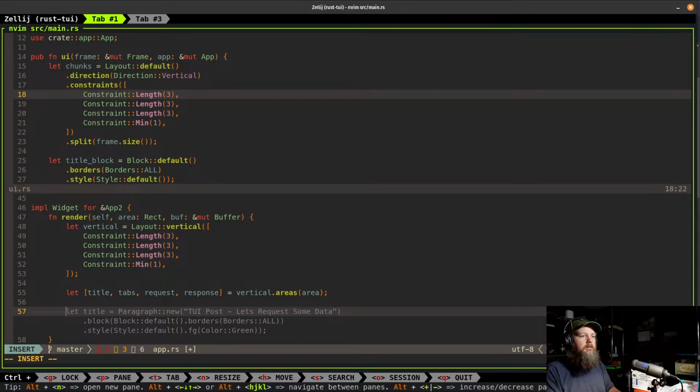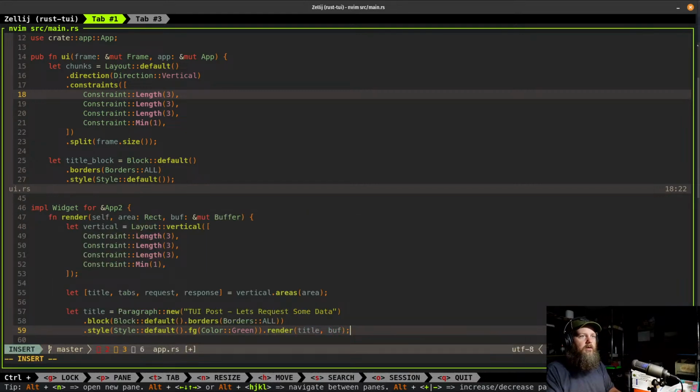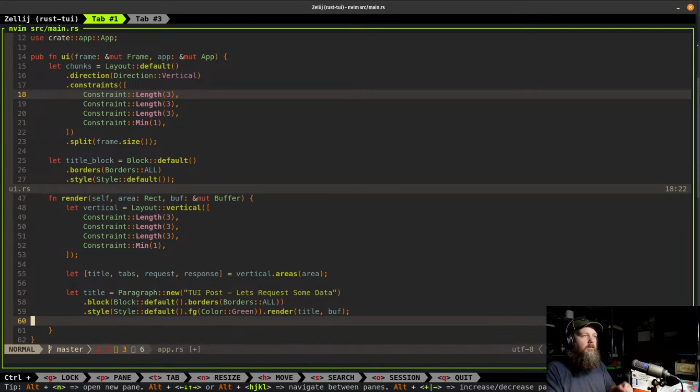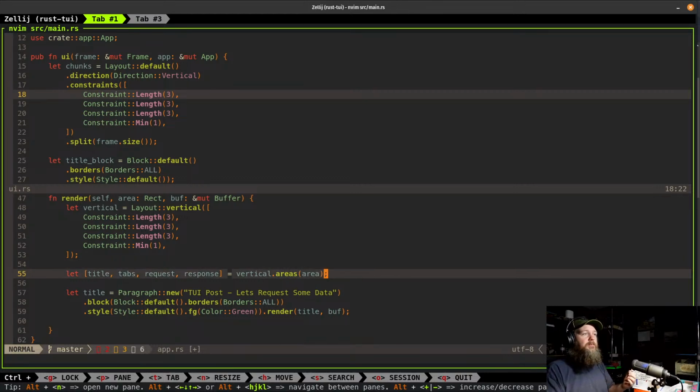Yeah, that makes sense right here. So we do our title, our paragraph. It's going to build out the block. It's going to style it. And then at the end of this we would do dot render. And there we go. Yeah, and why I think this is cool is this gives a better representation, because over here